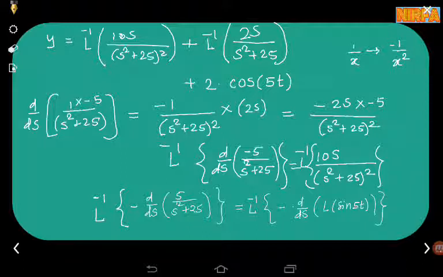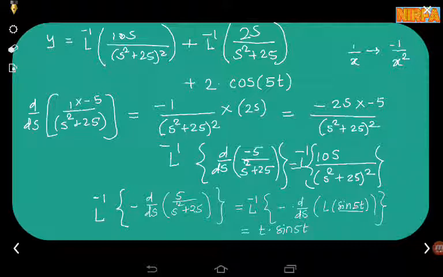अगर आपको याद है कि अगर हम किसी फंक्शन को t से मल्टीप्लाई करते हैं, तो उसका आंसर आता है माइनस इनटू d/ds ऑफ लैप्लास ट्रांसफॉर्म ऑफ दैट फंक्शन। अब ये फंक्शन है, इसका मतलब इसका इनवर्स लैप्लास आएगा t इनटू साइन ऑफ 5t। देखिए ये t मल्टीप्लाई हो रहा है, तो लैप्लास ट्रांसफॉर्म की थ्योरी के हिसाब से इसका आंसर आएगा -1, क्योंकि एक t है, इसलिए एक डेरिवेटिव आएगा d/ds, और उसके अंदर आएगा इसका लैप्लास ट्रांसफॉर्म जो कि है 5/(s² plus 25). So that's why this is the way to get the inverse Laplace of this first term. तो हमें फर्स्ट टर्म का भी इनवर्स लैप्लास मिला, सेकंड टर्म का तो ऑलरेडी हम निकाल चुके थे, तो हमें फाइनल आंसर लिखने में अब कोई प्रॉब्लम नहीं है।